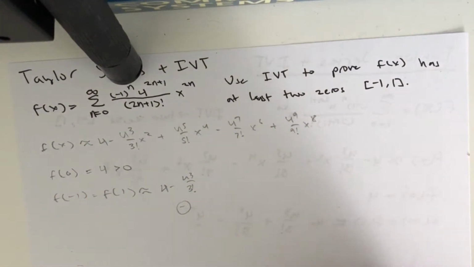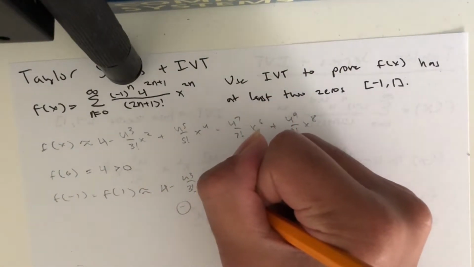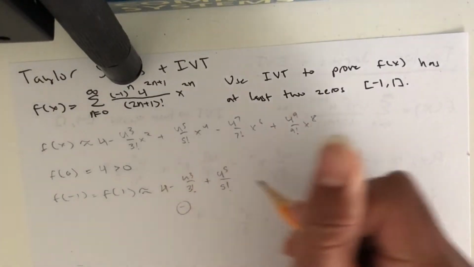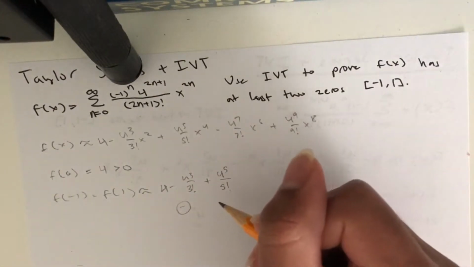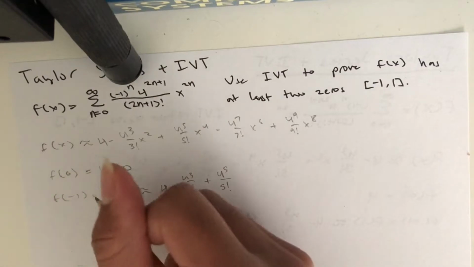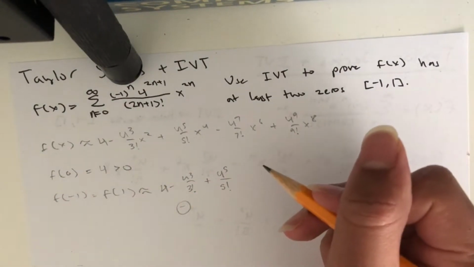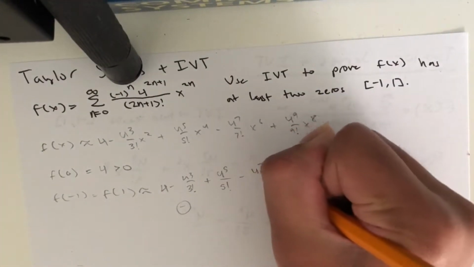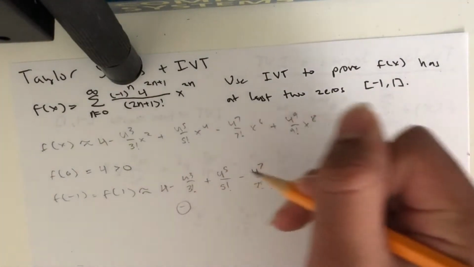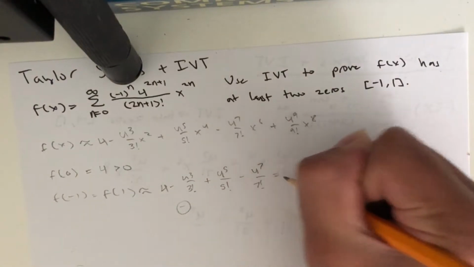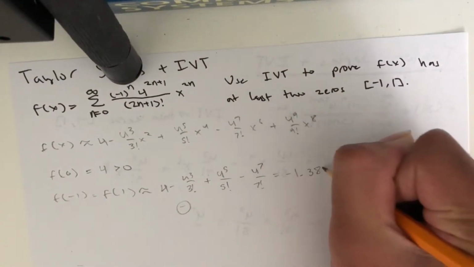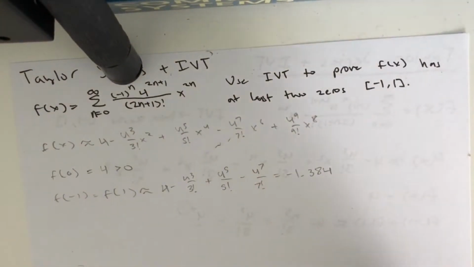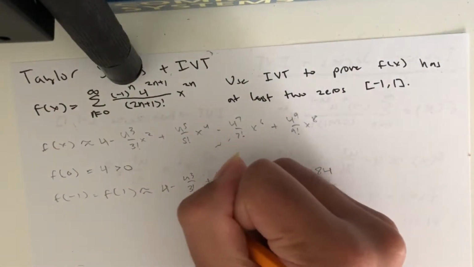However, once you include the alternating series error, the maximum of which is going to be the absolute value of the next term, once you add that, it's actually a positive number, meaning the maximum value for f of -1 and f of 1 is positive, and we need to prove that it's negative. So we have to go through another term. Once we go through 4 terms, we find that this is equal to -1.384. However, once we incorporate the alternating series error, which is the absolute value of the next term, that is